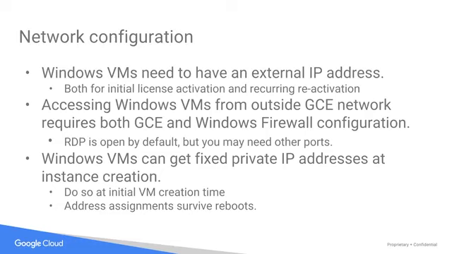One final network feature is that VMs can be configured with a fixed internal IP address. Doing this means that the address is preserved even when the machine is shut down for an extended period of time, then restarted. Without a fixed internal address, the address is assigned via Google's DHCP service.